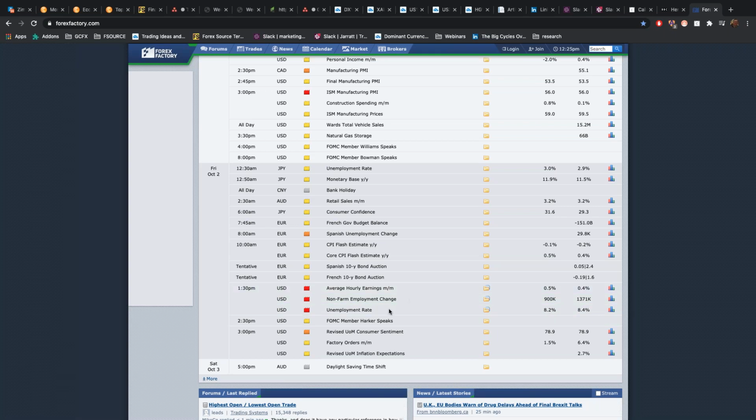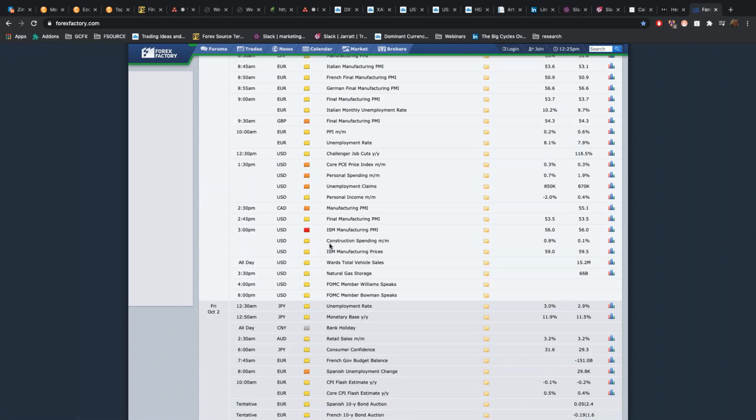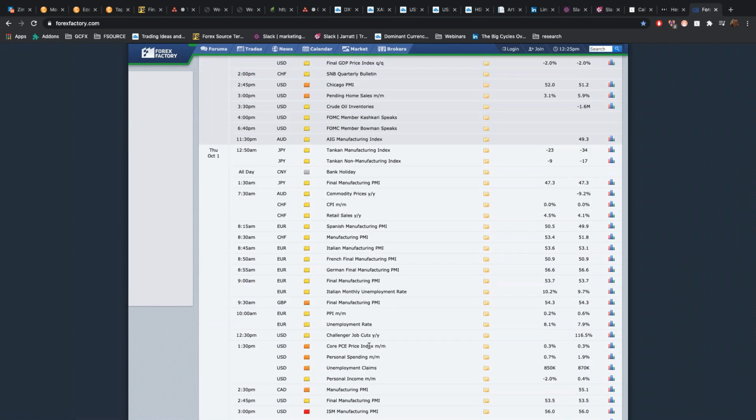Labour market will be watched very carefully to see if any of the slowdowns are starting to be felt more and more in the employment data, particularly the unemployment rate. A big jump in unemployment will be a negative for the US dollar and a negative for risk. So a big event to end the week. You can see the run up will be starting from that ISM manufacturing PMI on Thursday.